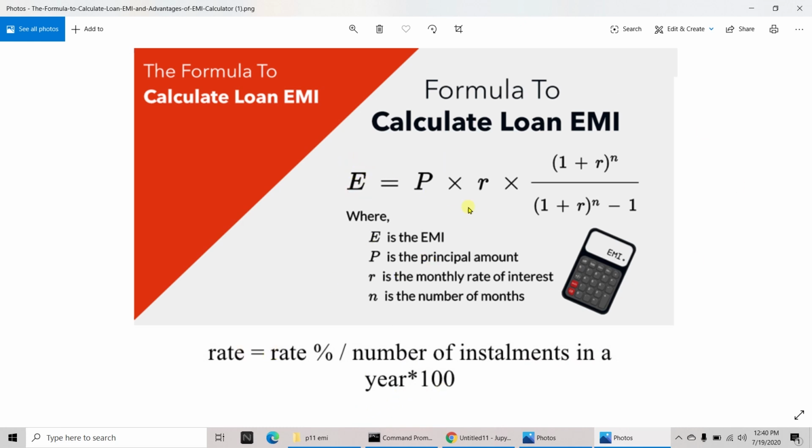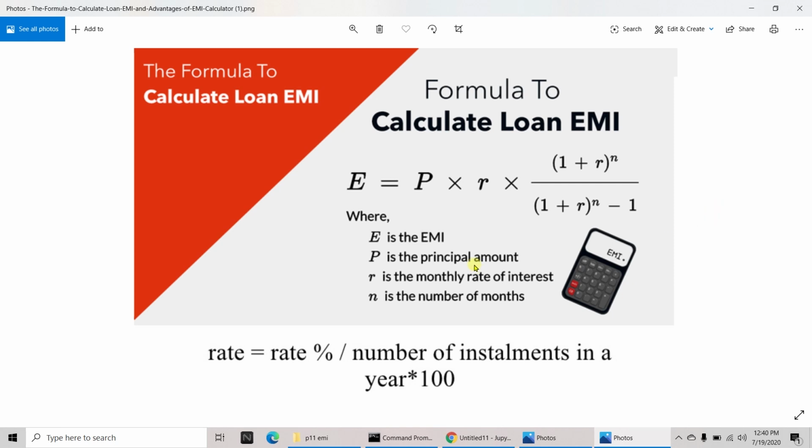The main thing is this formula. According to this formula, we need to calculate the equated monthly installment, EMI: how much EMI per month I need to pay. If I take a loan for, let us say, 10 years, around 1 lakh, and the rate of interest is 10, then how much do I have to pay per month? That is the equated monthly installment, and it is given by the formula. How we got this formula, you need to refer to some textbooks or online. The formula is given, so we need to calculate the EMI.